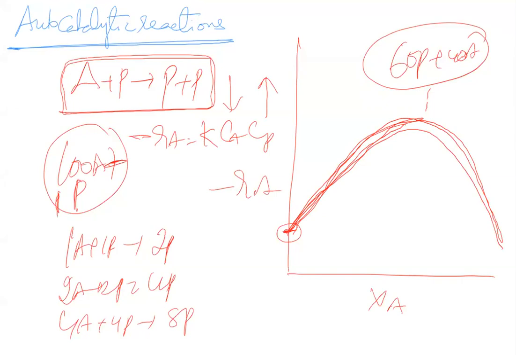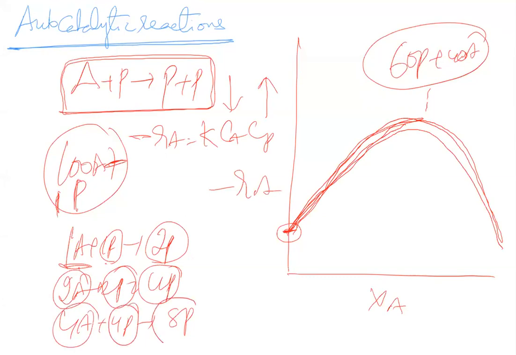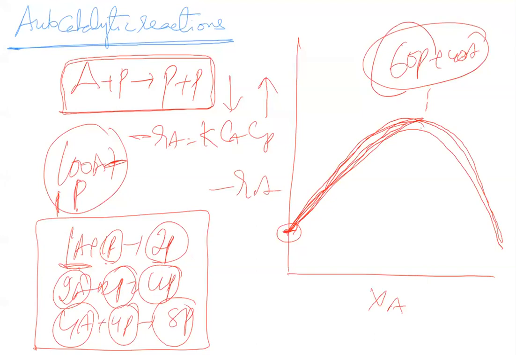Initially the rate increases because first you have only 1P. So 1P reacts with 1A, forms 2P. This 2P reacts with 2A and forms, let's say, 4P. This 4P reacts with 4A and forms, let's say, 8P. Clear? That is how the rate of reaction increases. At one point of time, you have the maximum number of P molecules but fewer A molecules. Then later on, it decreases. Clear? P is a product and P is a reactant, both.